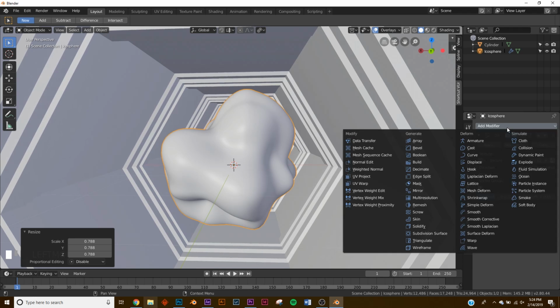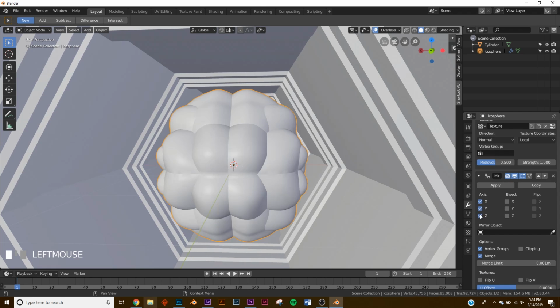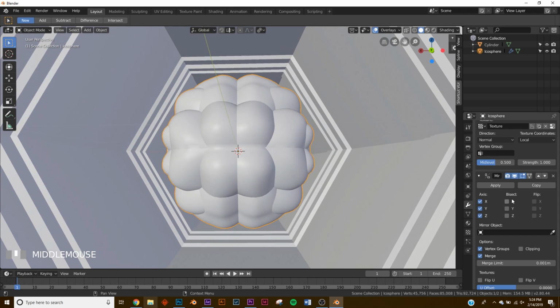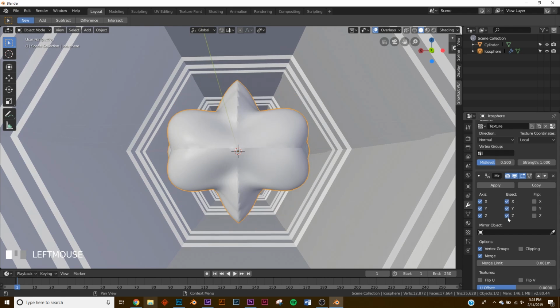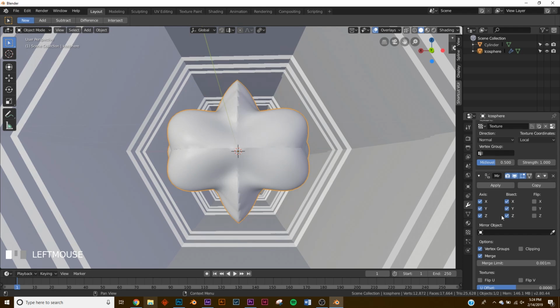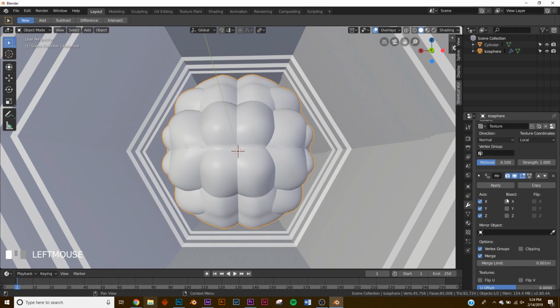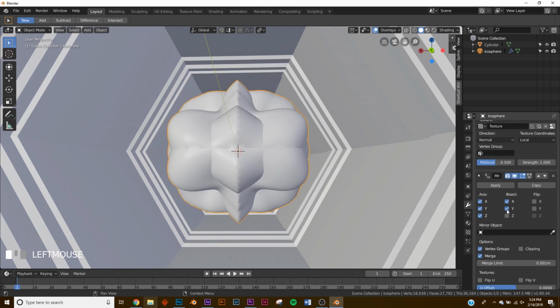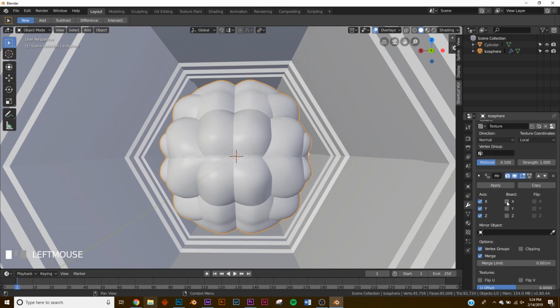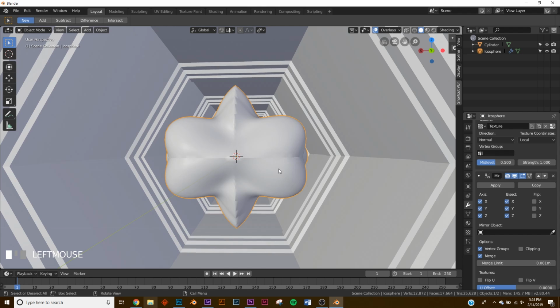Let's add a mirror modifier. So on XYZ, click all of them. We have this. Now we need to go to the new bisect tab and bisect them all. You can kind of see what it does there. They're both pretty cool, but bisect gives it that really weird look to it, and it's a little more organized in the way it animates. So make sure bisect is selected. Now we need to animate this displacement.